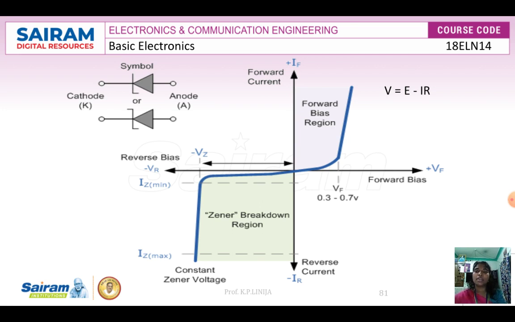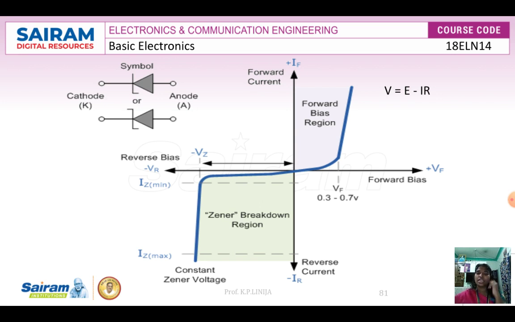In the symbol, the first symbol we can see here is an ordinary PN junction diode. Along with that, on the cathode side we are bending the terminal. So here it also has the anode terminal as well as the cathode terminal. Coming to the forward VI characteristics, the y axis represents current and the x axis represents bias voltage.